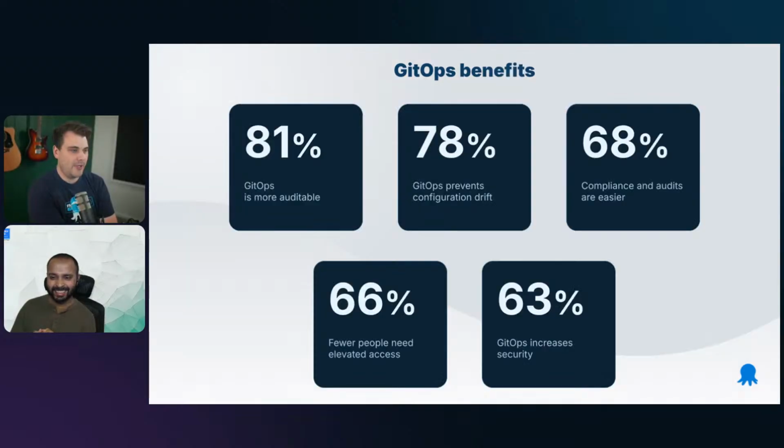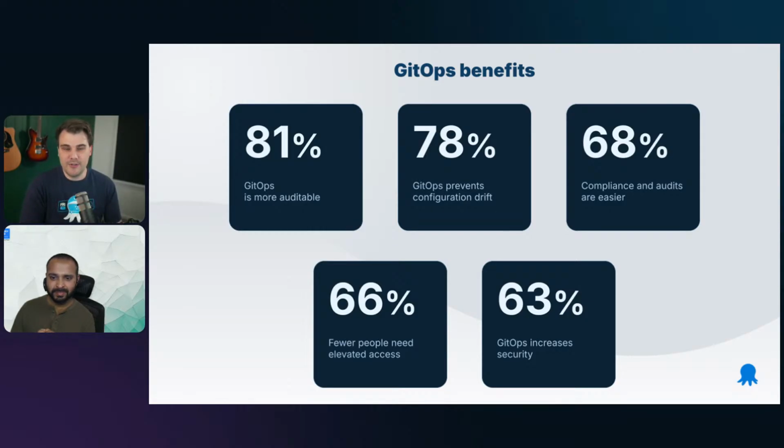Awesome. That's a great finding for sure. And as we jump back to the slides here, what we found in our report was that it wasn't just the DevOps outcomes that were great things out of adopting GitOps, but we also were able to correlate these 5 benefits that came out of GitOps. When we were building the survey, we asked a lot of people why they would adopt GitOps. What is it that makes you want to adopt GitOps in your organization? And then we were able to use that during the survey to test the theory. Is that actually a benefit of GitOps? And here you can see the numbers.